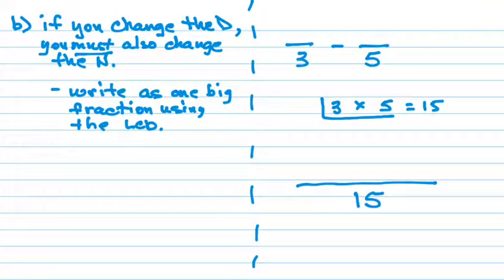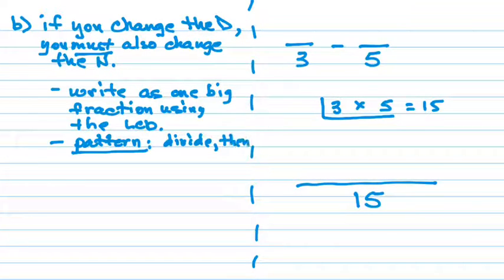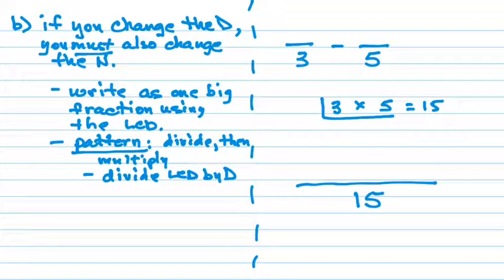Then we're going to use the pattern. And I've talked to you about the pattern before. It's called divide, then multiply. Excellent. Right? Divide, then multiply. So let's talk about the steps for it. Divide the LCD by the denominator. And multiply that number to the